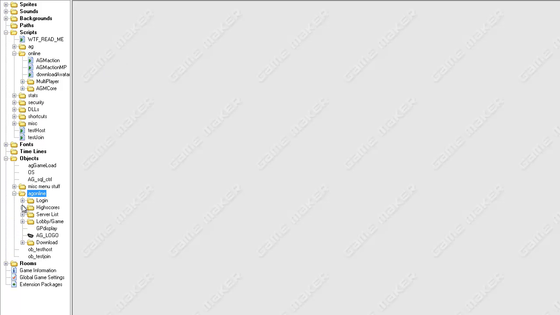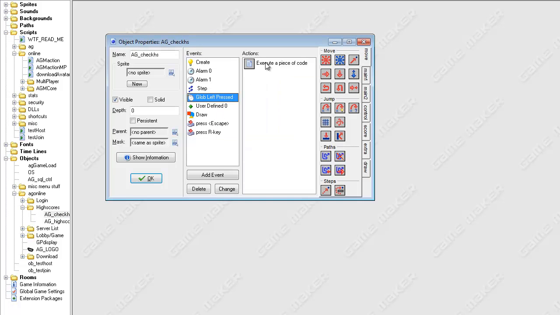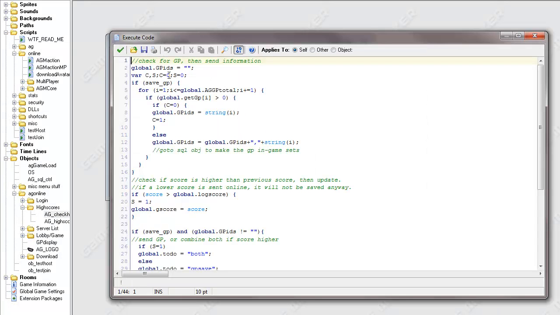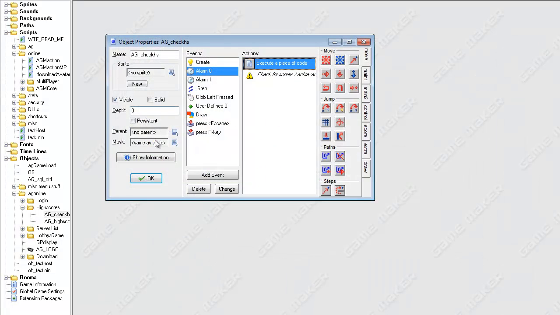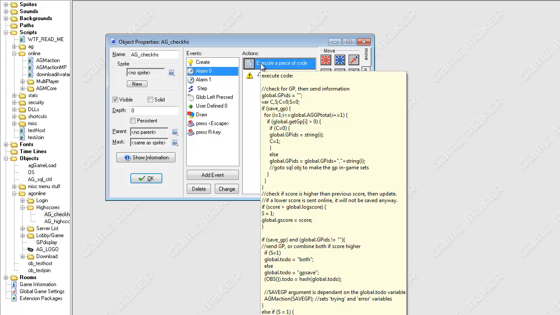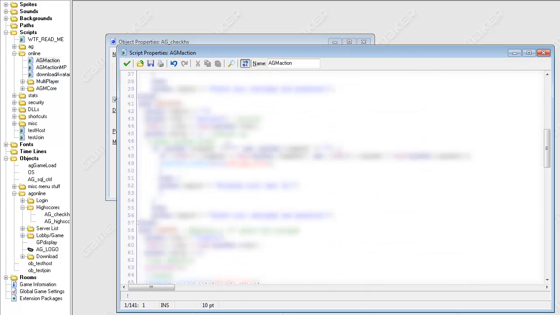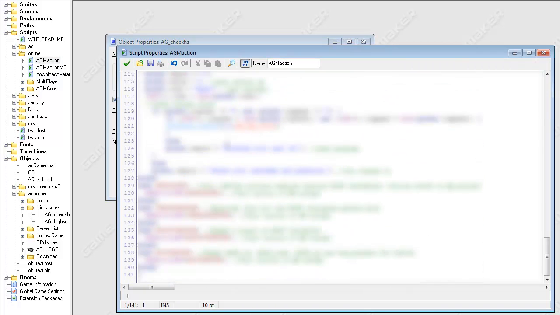So let's say you are going to submit something, and here is an action right here. AGM action save GP, so obviously it's going to save the achievement there. There is a little window on the bottom that I have that can show an achievement, or you can use a better looking one maybe. And that goes to this action, which will send it to